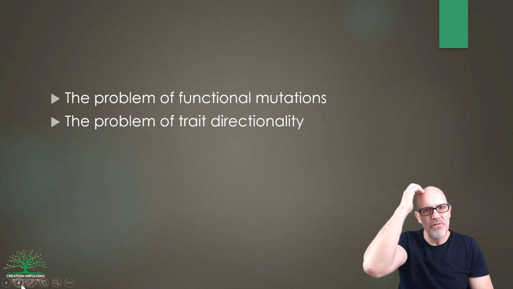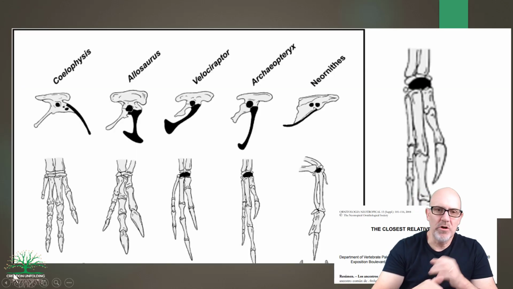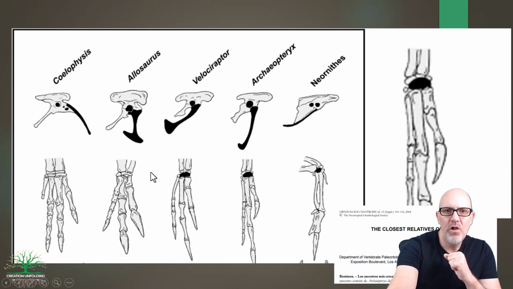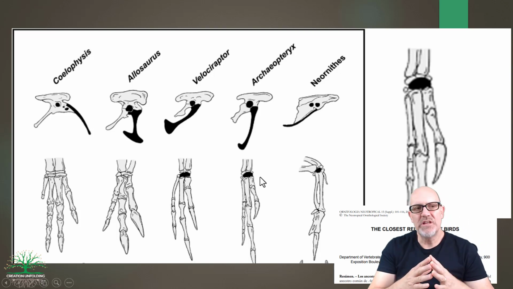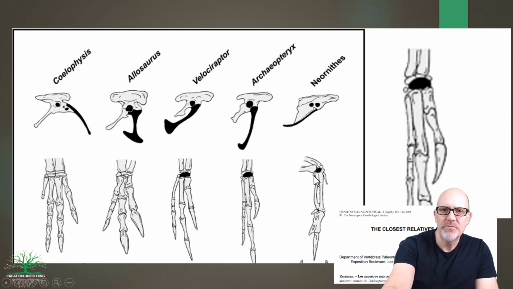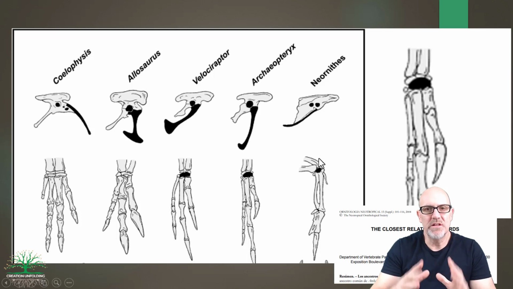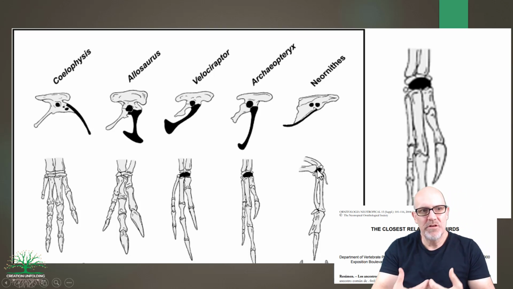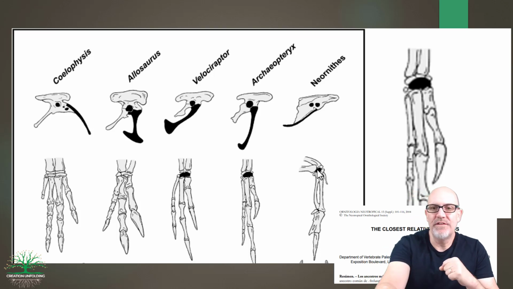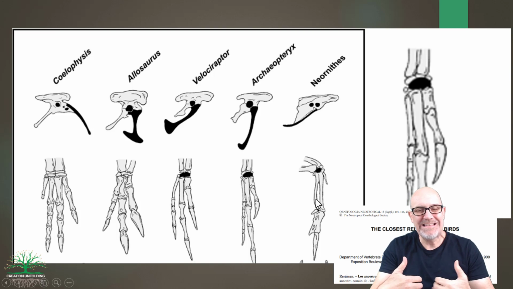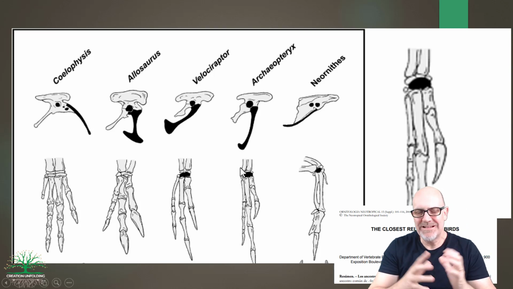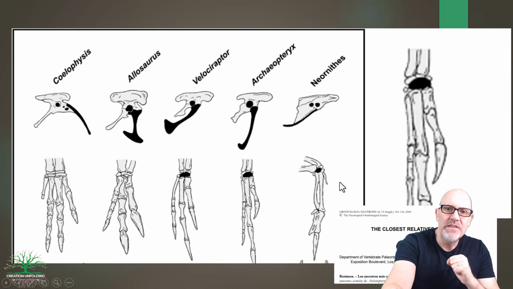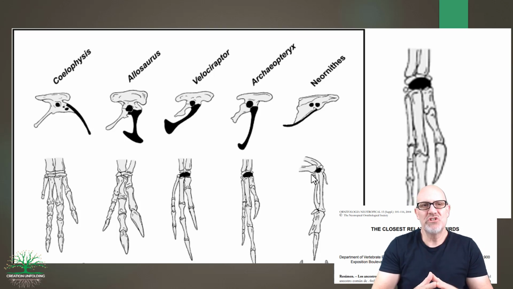The next problem is the problem of trait directionality. So in the Darwinian evolutionary model, of course, you have a semilunate carpal bone that's evolving from something like this. But what's really interesting about this semilunate carpal bone is when you look at the Velociraptor and then the Archaeopteryx bone, and then you look at the same bone in Neornithes, which are basically modern birds, the semilunate carpal bone does seem more adapted for better, stronger kinds of flight. In fact, all of the features in the modern bird would seem to suggest that it is designed for better, stronger kinds of flight than, for example, you find in Archaeopteryx. That doesn't mean that Archaeopteryx is primitive. It just means that modern birds do seem really, really well